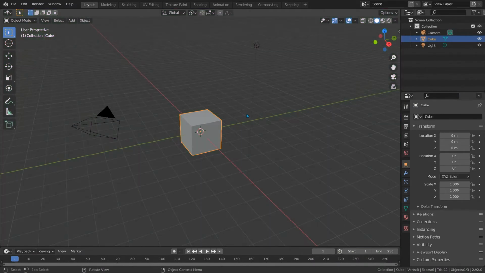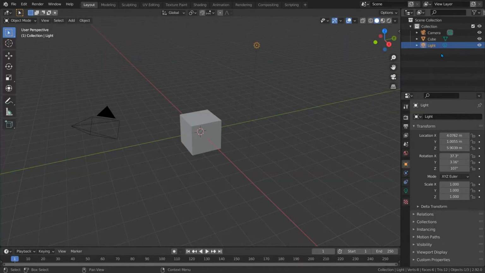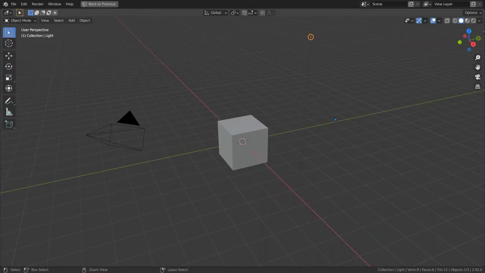The 3D viewport is the main editor that takes up most of the screen on a new project. Since we're not going to be looking at the other editors at all today, let's hide them by maximizing the 3D viewport. We can do that by pressing Ctrl Spacebar. If you hover your mouse over an editor and press that shortcut, it will maximize that editor. If the editor is already maximized, it will return it to its default size. So I can quickly maximize and reset these editors like this. I'll keep the 3D viewport maximized for now.